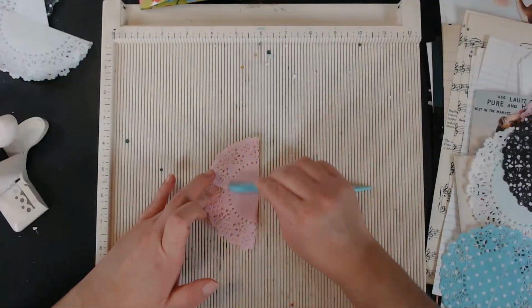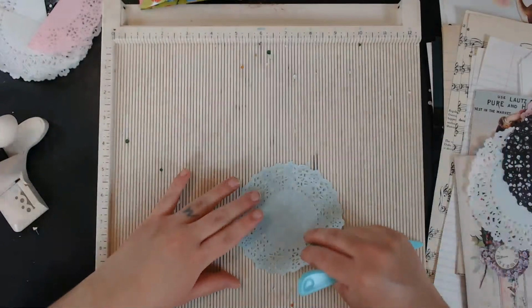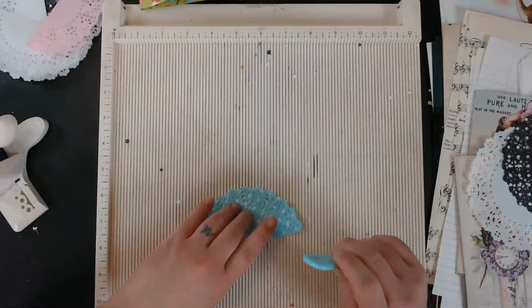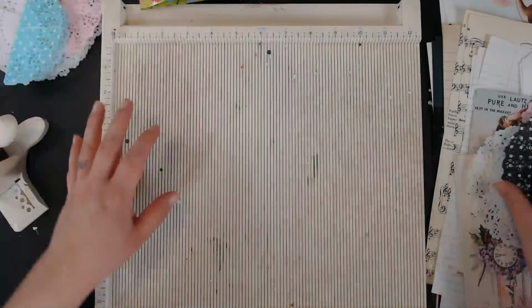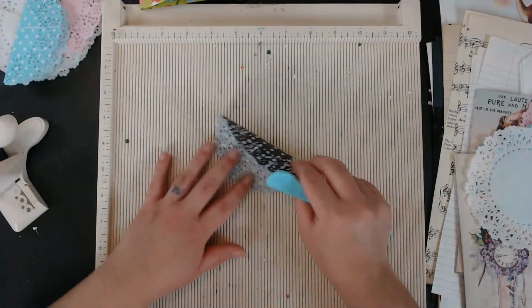I think I could probably squeeze out one more journal out of all those decorations I got ready. After that, we'll see how I feel, if I want to continue on Christmas or if I want to be done with Christmas by